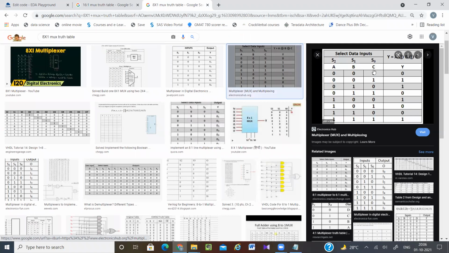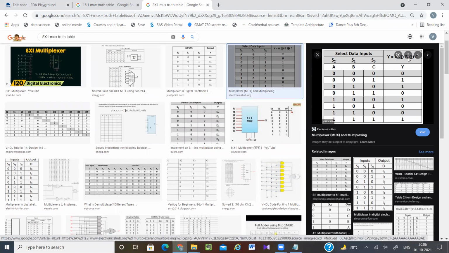So now whatever this truth table, if I add here S3. So for S31, same combinations. For S30, same combinations. Only my output value will change.